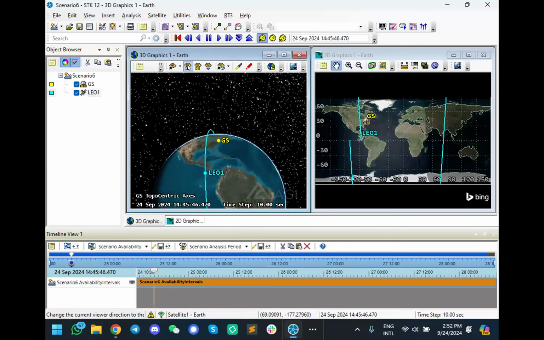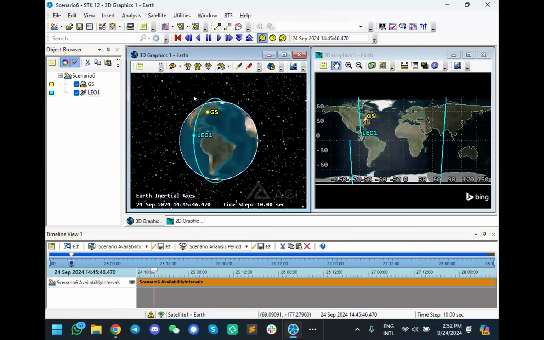What you have seen. Let me move more into the analysis part, because so far the visual part is nice to generate intuition, but now eventually we want to get some real numerical data, right? To analyze and to make a plot or make a script to parse the data and make some analysis. In STK, this is done by means of this button up here, which is the report and graph manager. So if I click this,